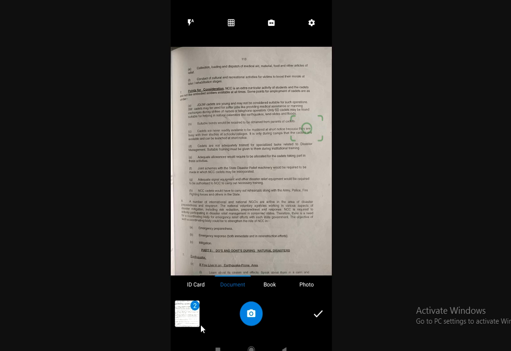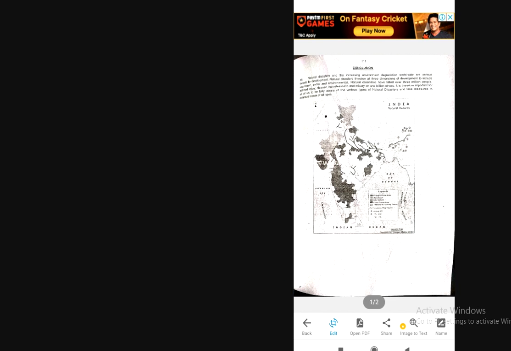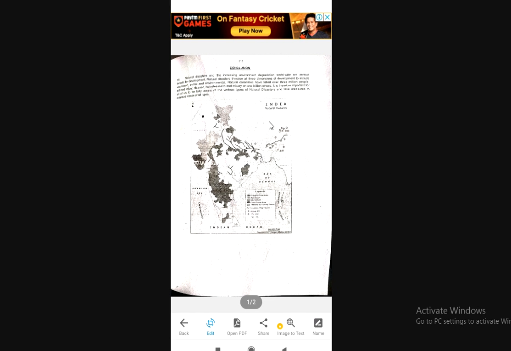Now we have captured 2 pictures. That means we have captured 2 pages of our answer sheet. Suppose we have only 2 pages and we are done with it. We have captured the 2 pages. Click on the tick option. When you click on this tick option, it will merge those two pictures into a single PDF and it will open like this. See, this is the scanned picture which I have scanned first,